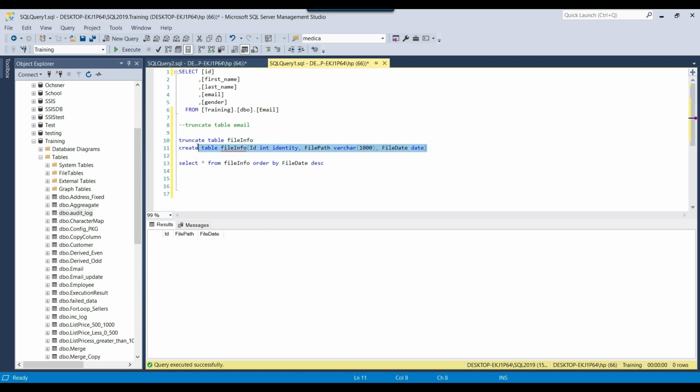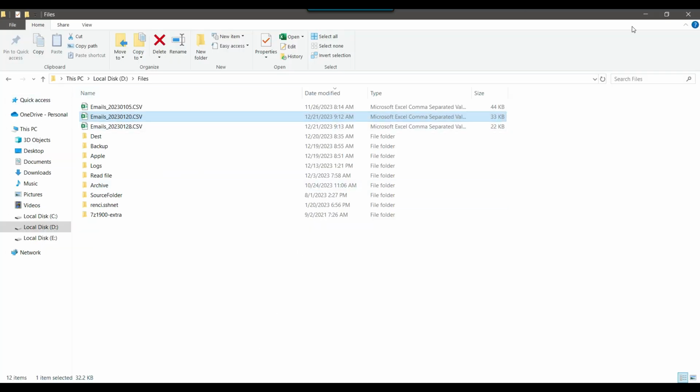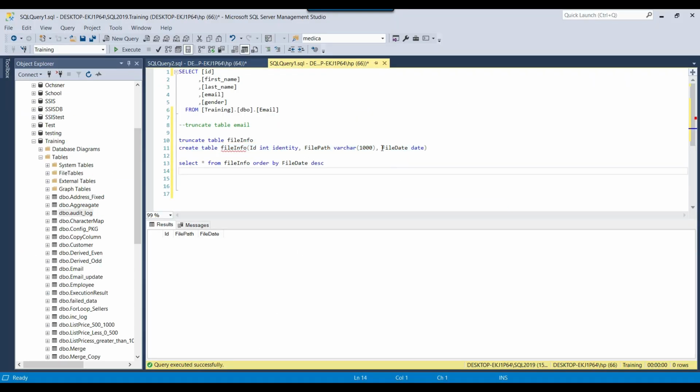As soon as this table is populated with all the files that we have in this folder, and we have the correct value for the file date, because this is the date data type, we can easily order the files. If you want to import the files in ascending date order, we can use order by file date. If you want to import the files in descending order, you can also do order by file date DESC. I will show you.